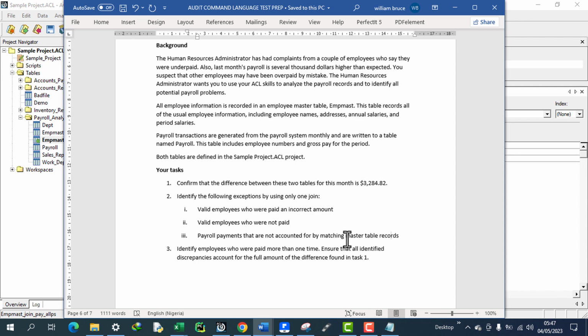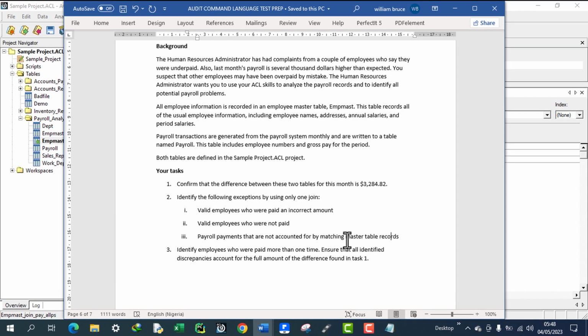So the records are in the payroll, that is, they were paid, but there is no record for them in the employee master file. So when we're employing these workers, they were not part of those we employed, but they were part of those we have been paying. So there's a problem there, a real problem. So that is that. We now go to the